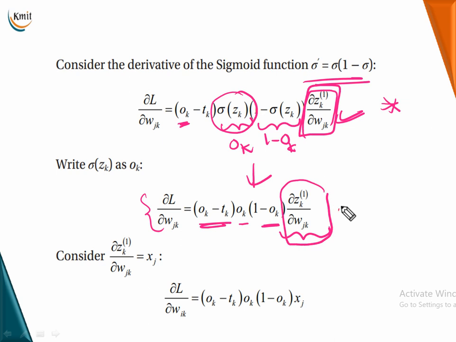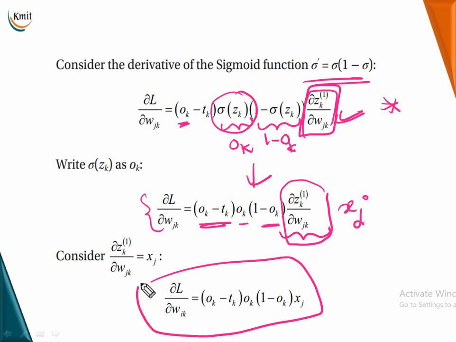As usual, I am replacing this partial derivative with the input node x_j. So this is my final equation. Here also I am concluding that even if it is a multiple output model, not a single neuron model, the gradient of the loss function is dependent only on the predicted output, the true or actual output, and the input value at that particular time, and no other parameter is present. So this is our conclusion when we do it for a multi-output model also.